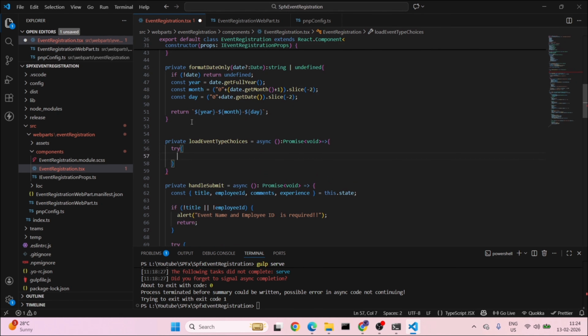Try: const. We have to set the variable field is equal to await